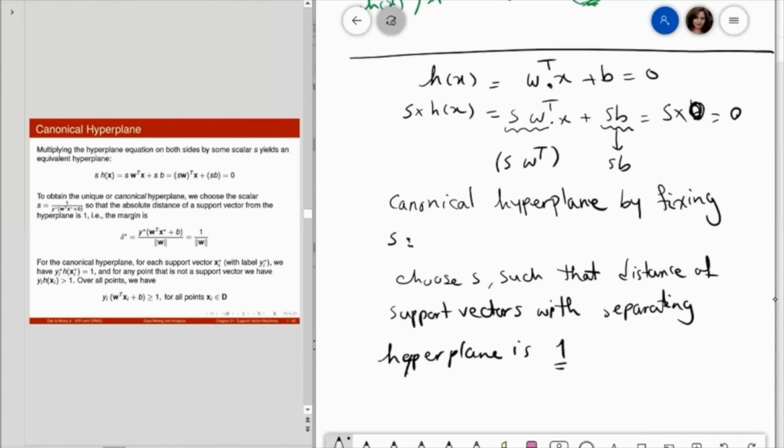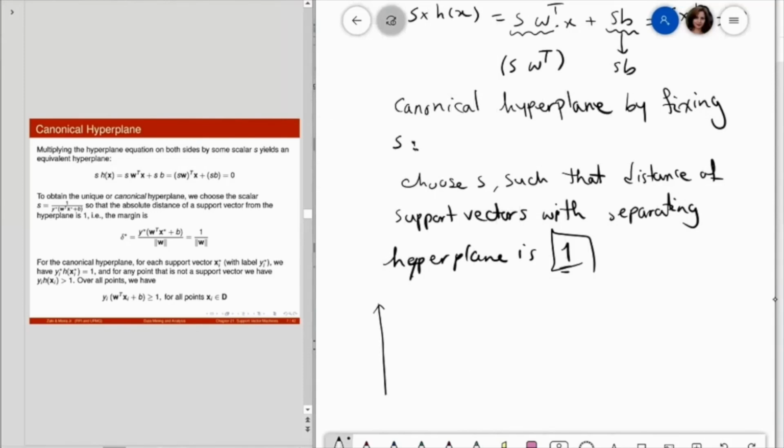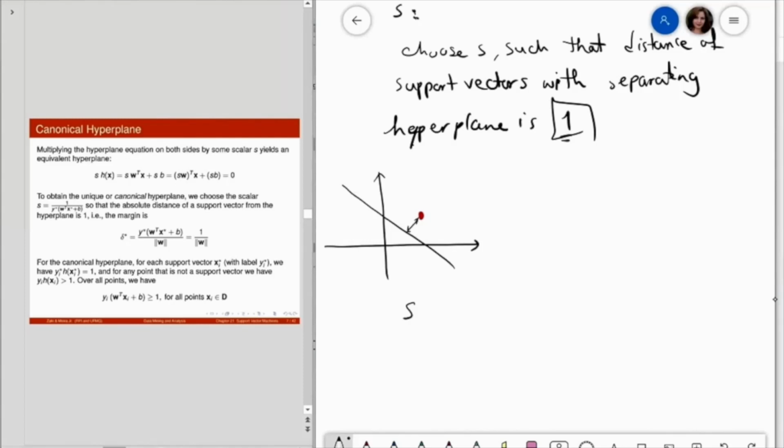Okay, so I just choose 1 here for having an easy calculation. So what I do is that if I choose S in a way that if I have this data point as my support vector, I have the distance between the support vector with separating line as 1. Okay, this is the absolute distance. So if I choose S is equal to 1 over the label of the support vector multiplied by h of support vector,